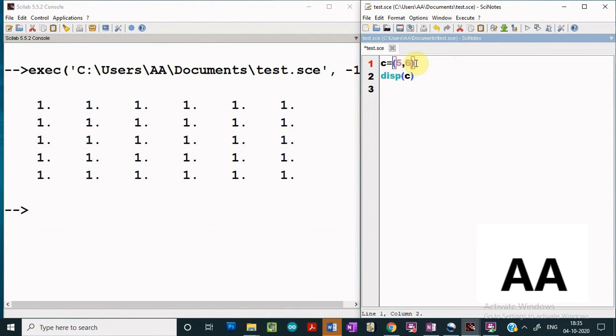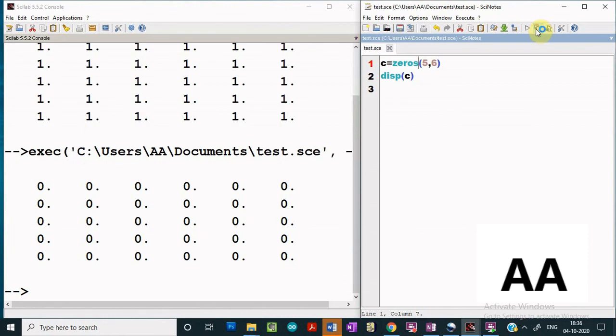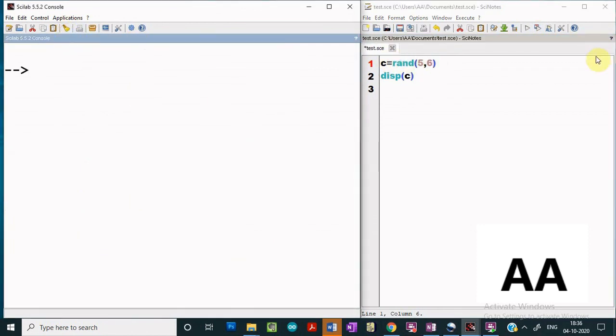Again, if I replace this ones with zeros, let us see what we'll get. As expected, we should get a matrix with all the elements as 0. Sometimes we have to initialize a matrix of higher order in the beginning, and then this function is very useful.